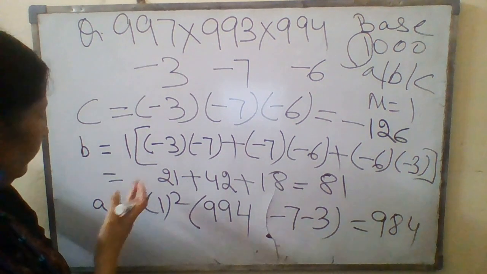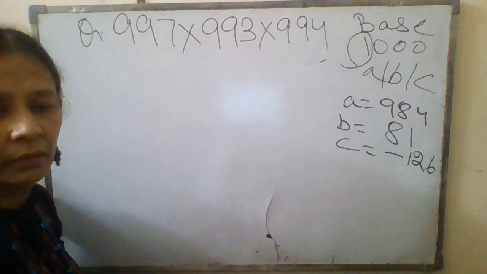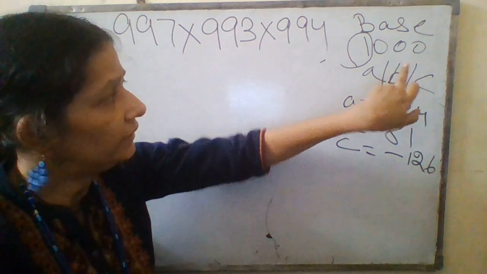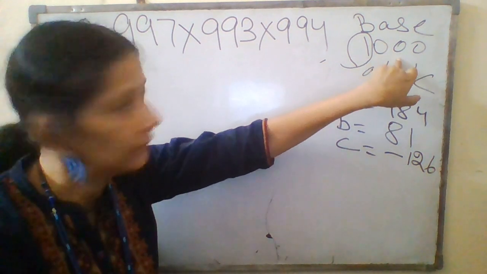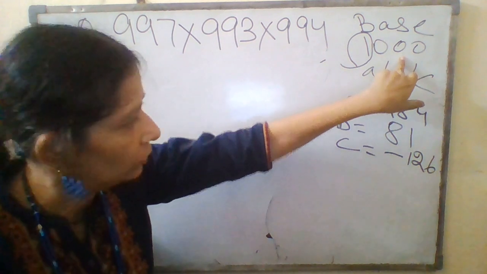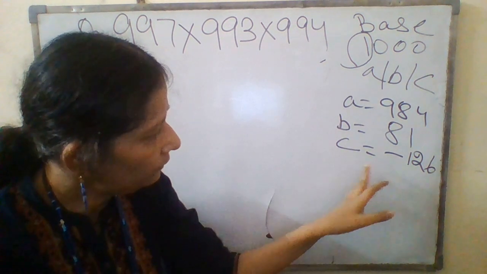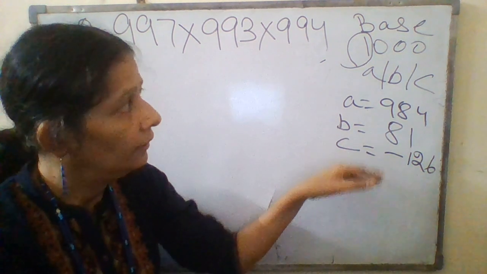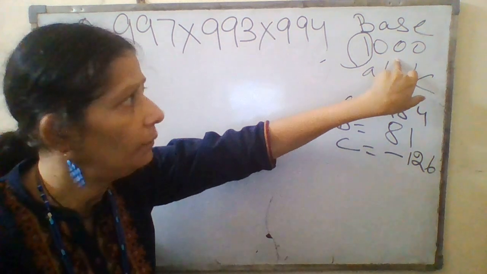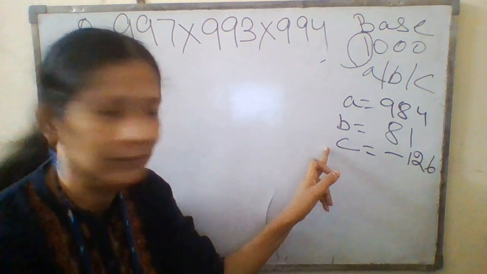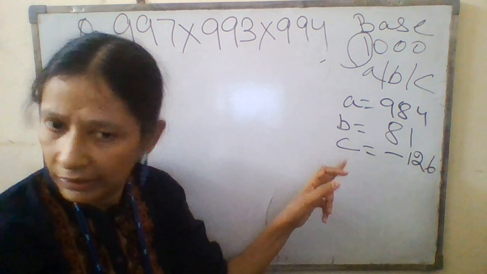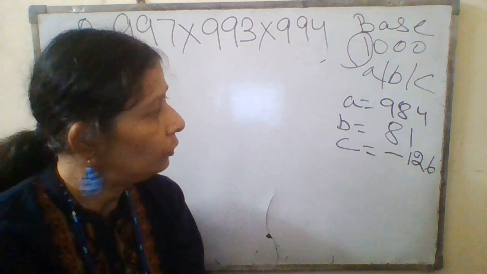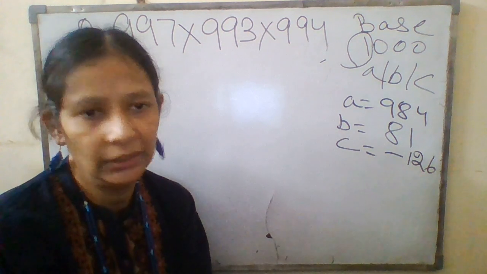So now you have to put all these values here. Now you see here carefully. In the base you can see here 3 zeros. Okay, 3 zeros. Now you leave A part. You have to check B and C. When you have 3 zeros in the base, in B and C also you should have exactly 3 digits. Now look at the B part carefully. In B you have only 2 digits, 81. These are not 3 digits.